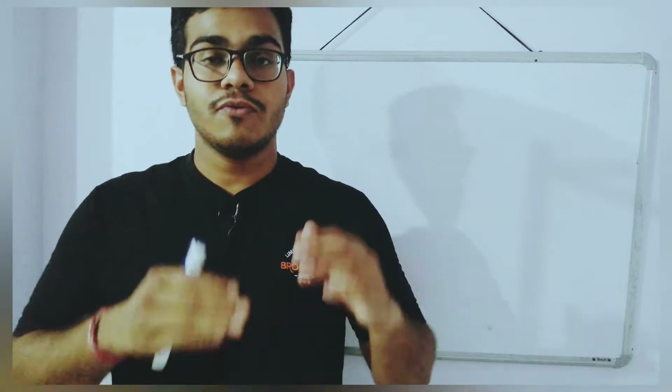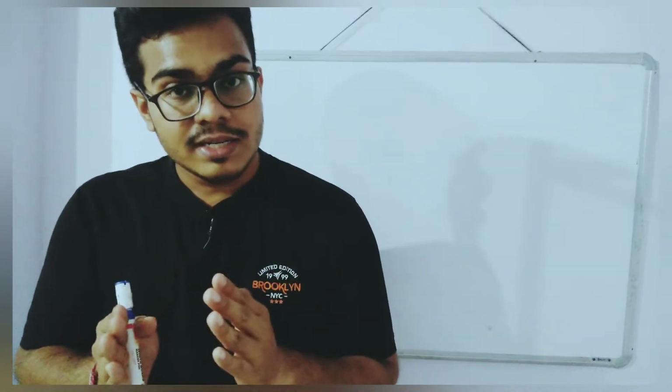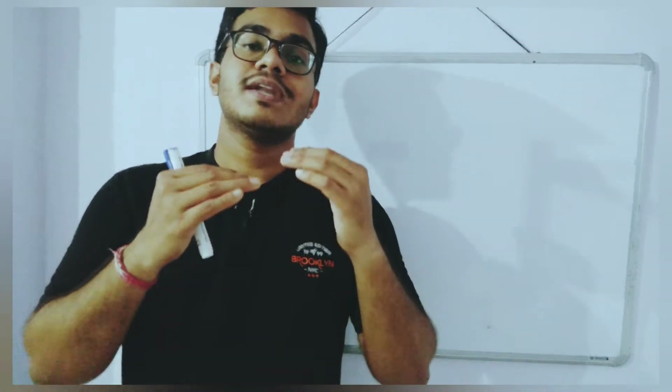So we will be studying in this video where we need to use these models and what is the main purpose of these models. The main purpose of these models is to find out the relation between plant and plant, plant and environment, and between a group of plants. So to find out the relation between plant and plant, different plants, and plant and environment, we need to adopt certain models to find out these relationships.